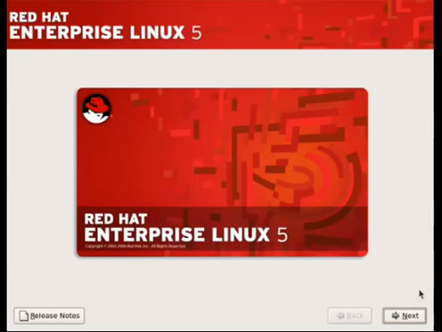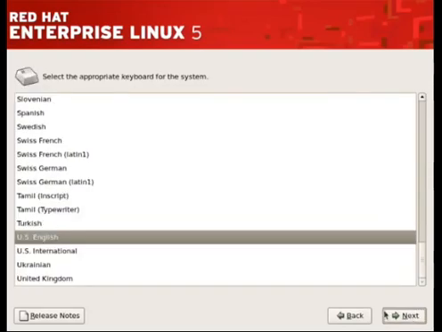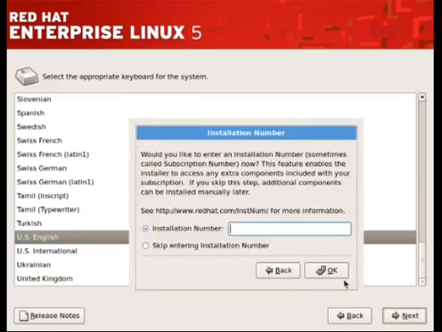Now this is the welcome screen. You have to press the next button. Then it will ask you to select the appropriate language. Here we are selecting US English, or you can select English also.